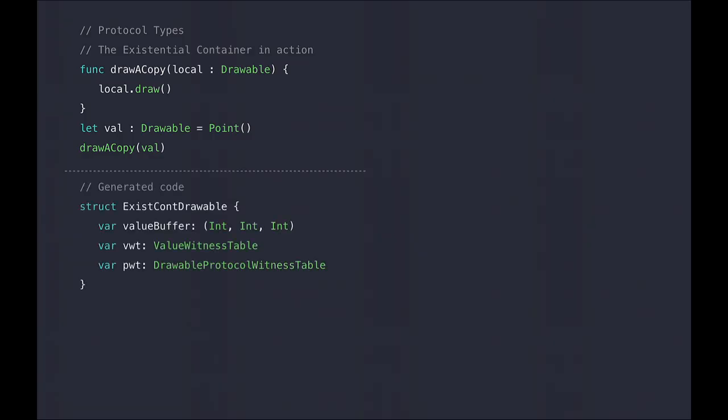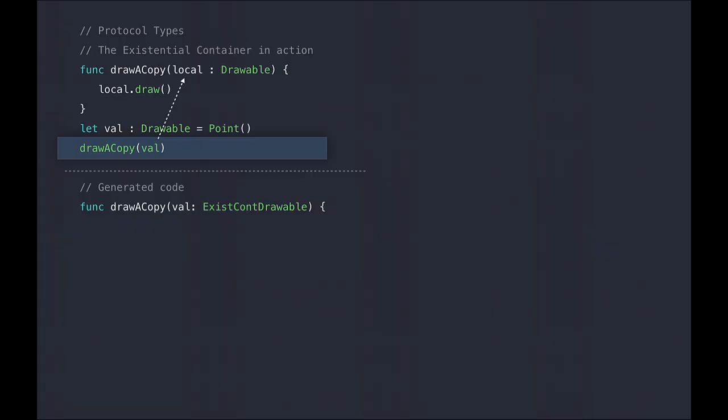In order to illustrate the code that the Swift compiler generates for us, I will use Swift as a pseudocode notation underneath this example. And so for the existential container, I have a struct that has 3 words storage for our value buffer and a reference to the value witness and protocol witness table.